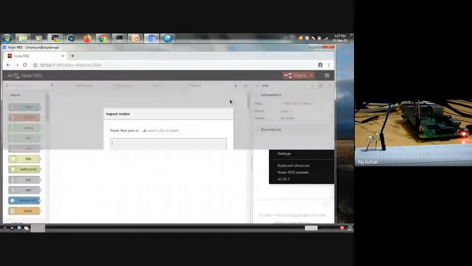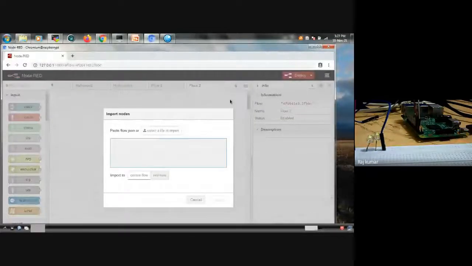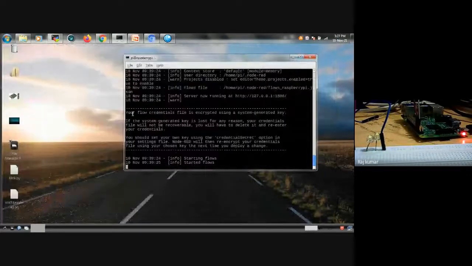What the clipboard does is, suppose we have copied some JSON code related to some Node-RED project, and that entire file has to be brought to this particular area. Simply you click on the current flow or new flow, and automatically it will be imported. I will try to demonstrate this.